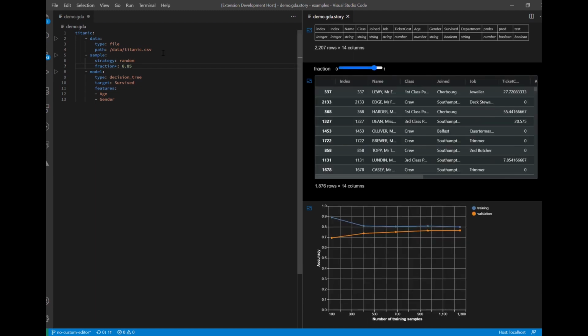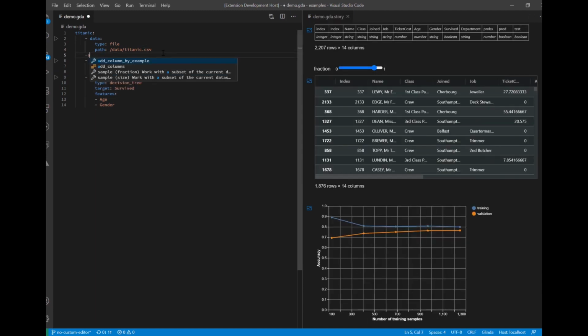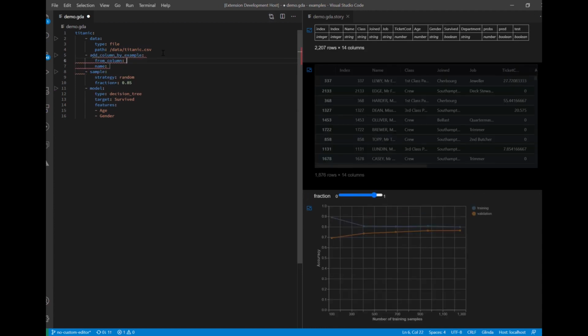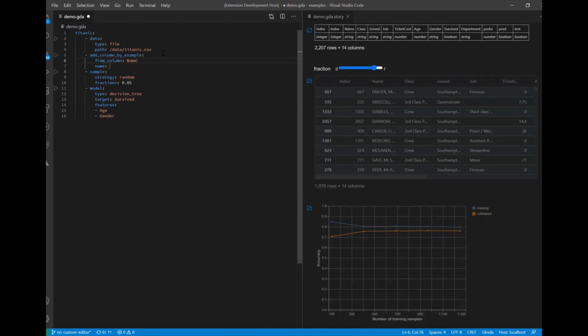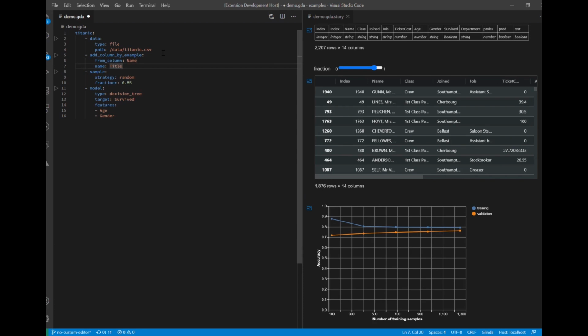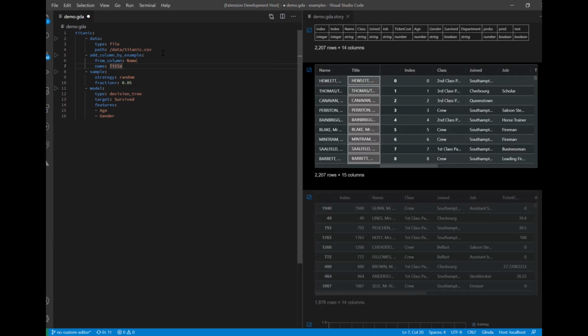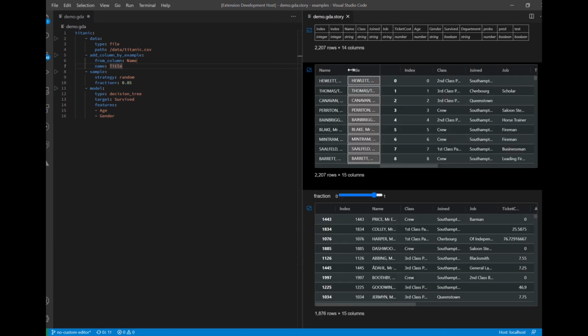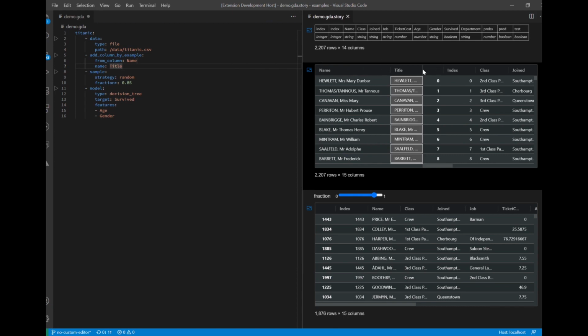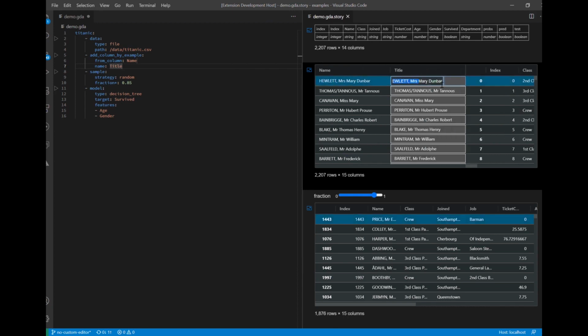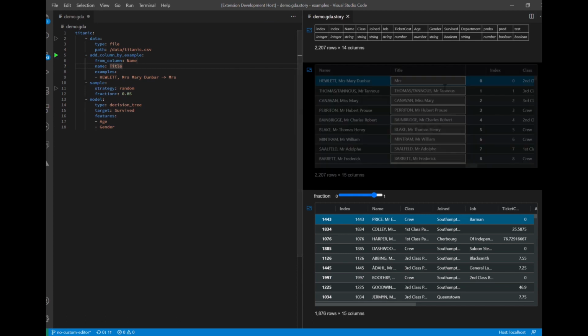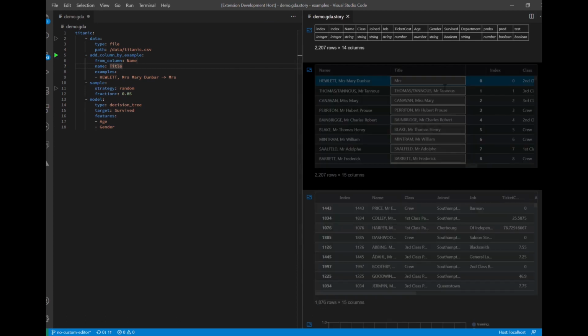As a last step, let's create a new feature to extract a passenger's title from the name column. I'll add another step which uses the Microsoft Prose library to do programming by example. The UI for this step allows me to add examples in place. Adding my first example modifies the YAML, which in turn causes the learning algorithm to rerun, which then updates the